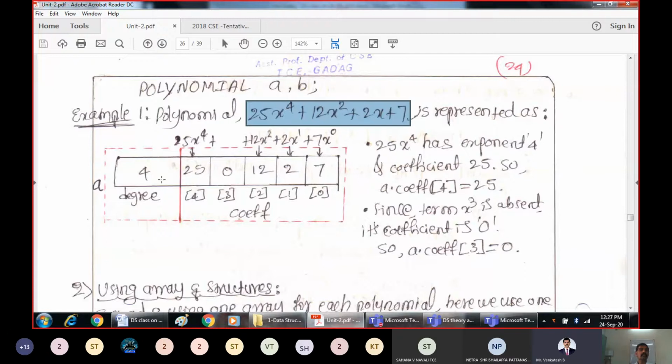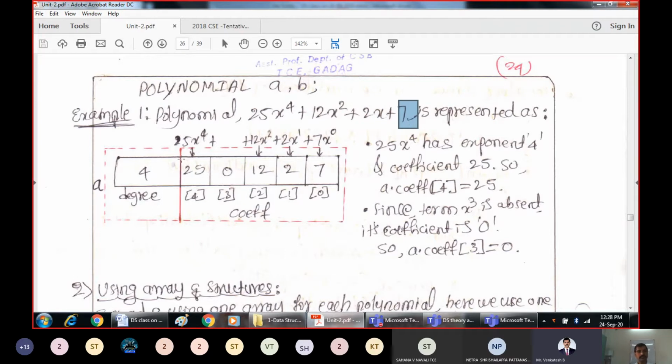So that 4 we are keeping in the variable degree, because it is an integer variable which can store the maximum degree. Next, how do we represent each and every term? In this polynomial we have 4 terms. 25x raised to 4 is one term, 12x square is another term, 2x raised to 1 is one term, and 7x raised to 0 is another term. 7x raised to 0 or 7, both are the same, right?